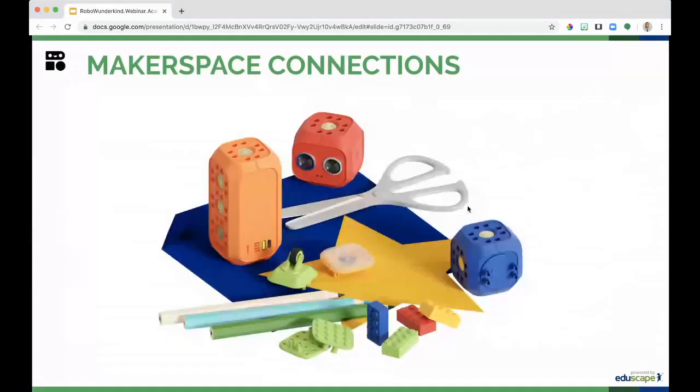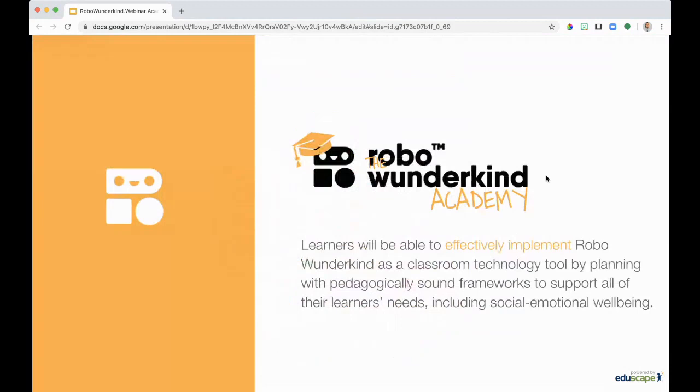Then there's other options like makerspace connections. It's compatible with Lego. It's compatible with all of your makerspace construction paper. As you can see there, I think there's just some colored pencils. All of those pieces can fit together so that students can make what they want and discover and to really hone those 21st century skills. Whether they can read, whether they can speak English or not, the platform allows students to code the robot with visual platforms.